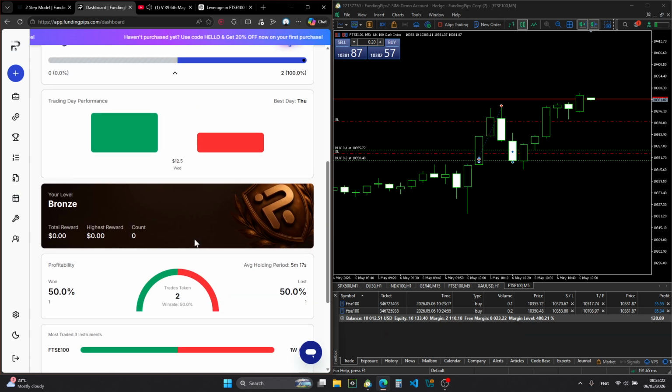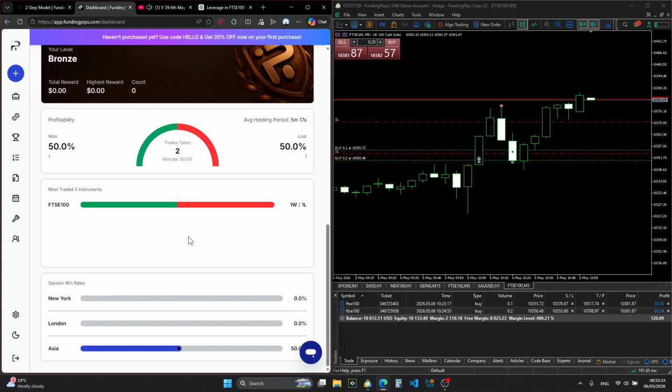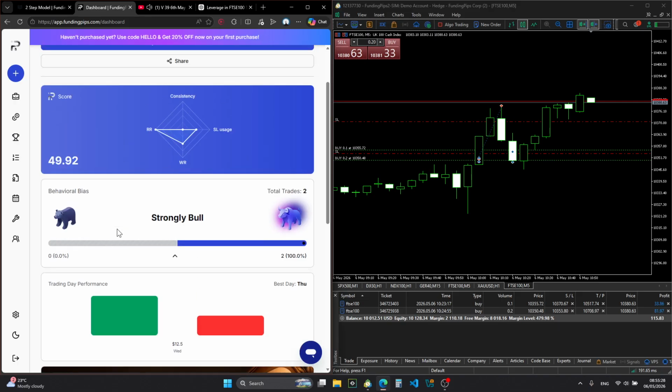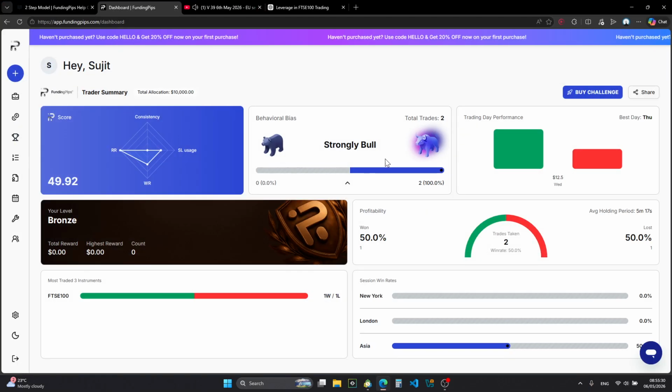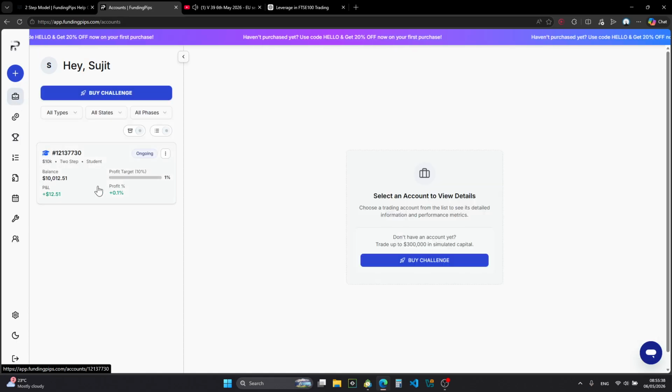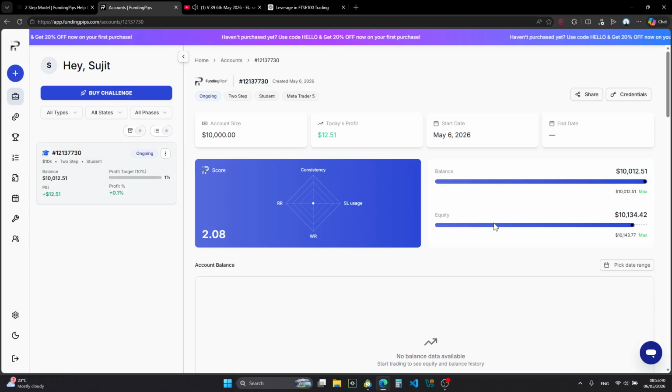Believe we got a little bit out of this session. I wasn't overly aggressive, took half profits and worked with targets. But I believe that was